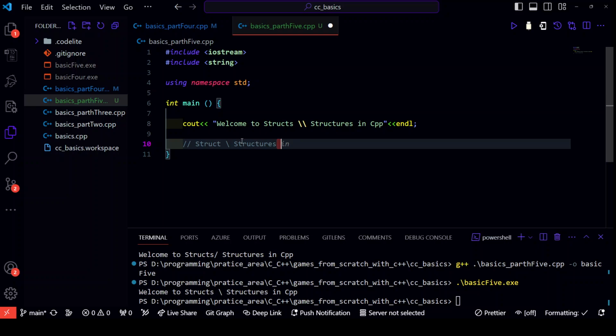So we say structures or structs are user defined